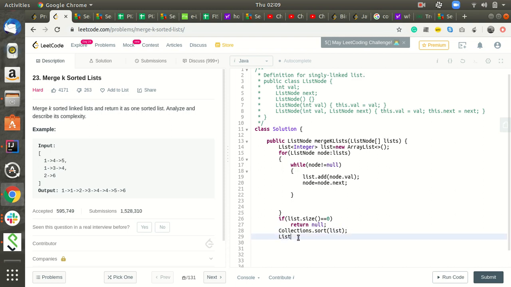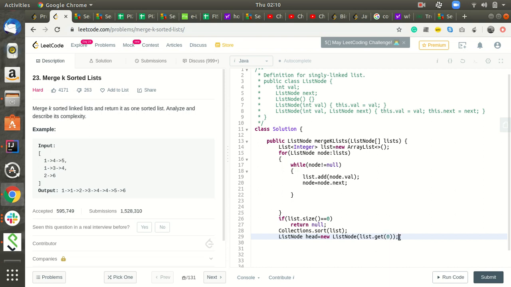Now I'll create a list node which is the head of this list. I'll create it by the constructor, list node head node, new list node. So the first value will be list dot get 0, right?